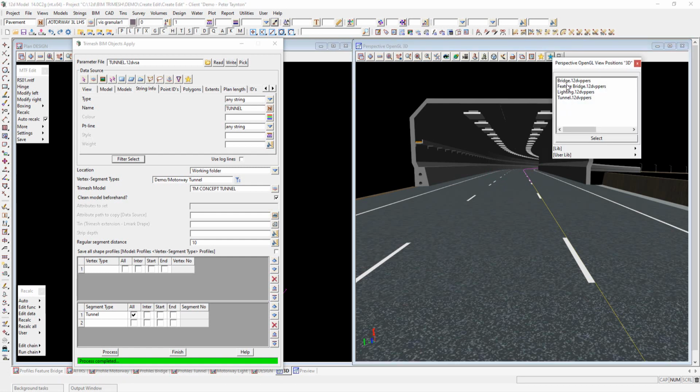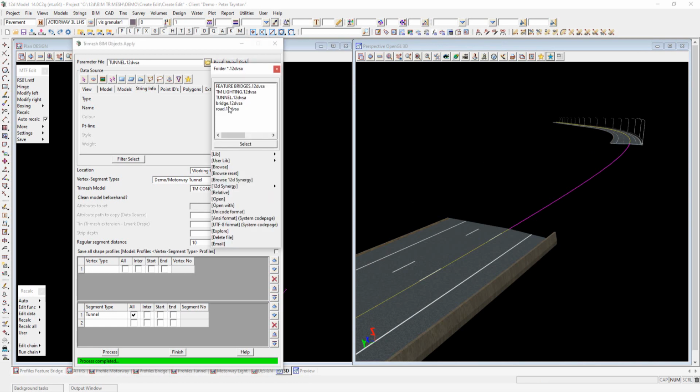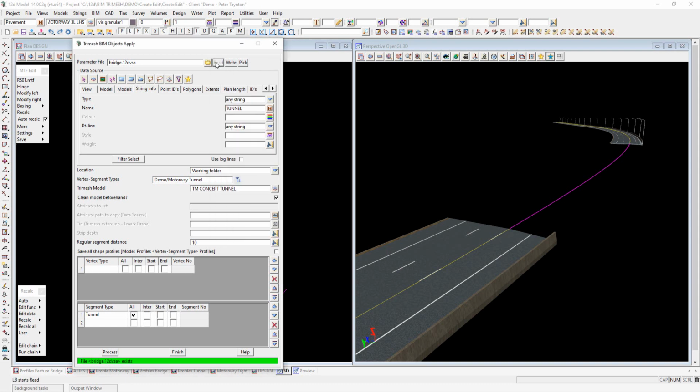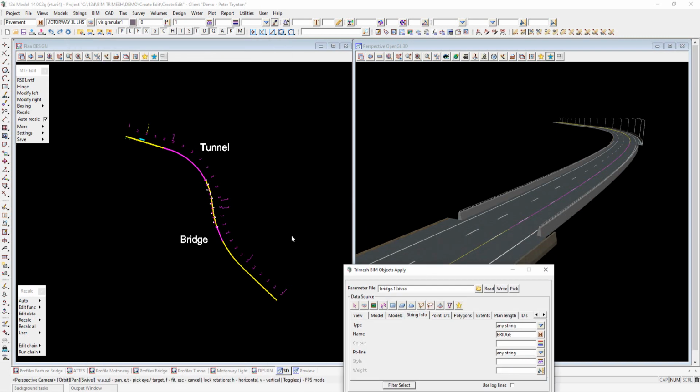So if I go to my bridge feature, again, we do the same process. As you can appreciate, I've already filled out some of these for us. Read that in. It's picked up everything that's a bridge from my design model and applied the bridge profile to it. So that's the ability of being able to run these things and be able to link them to your alignment